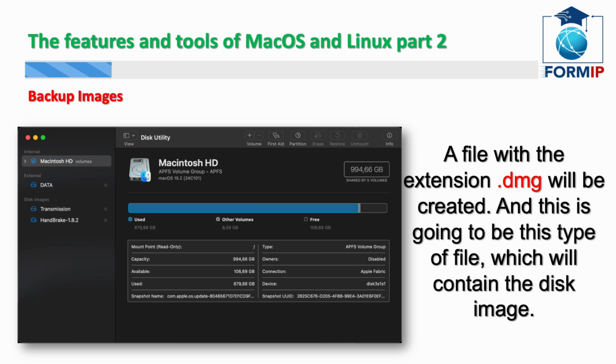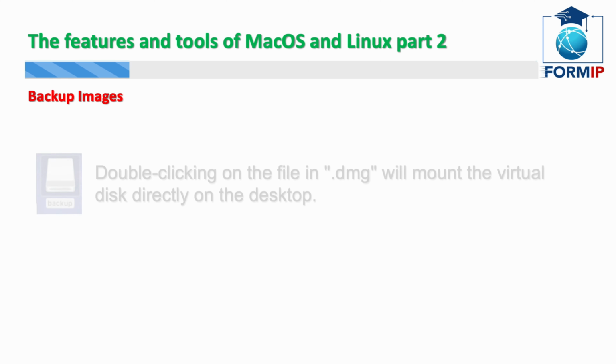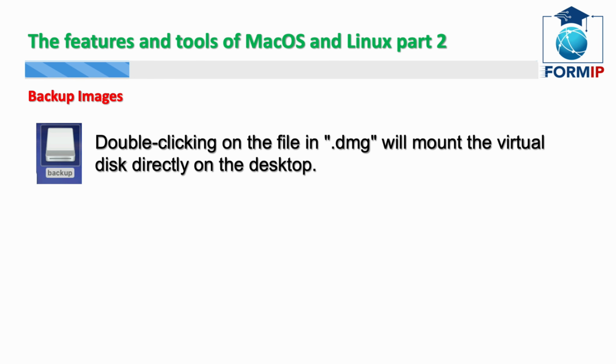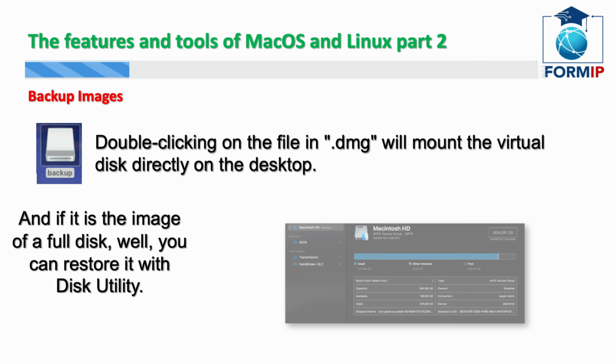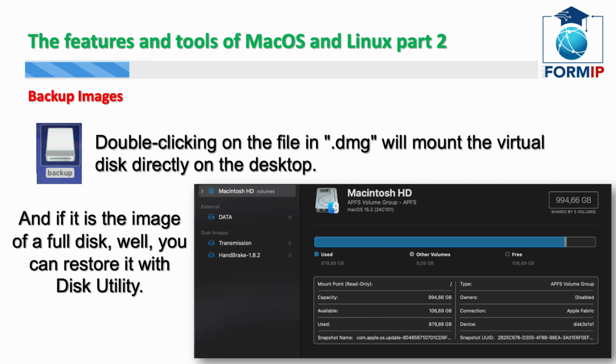To view the contents of this disk image, you have two options. Double-clicking on the .dmg file will mount the virtual disk directly on the desktop. That is to say, you will be able to open it in the same way as a physical disk. And if it is the image of a full disk, you can restore it with Disk Utility. Once you have selected the disk, you just need to click on Restore and choose the .dmg file